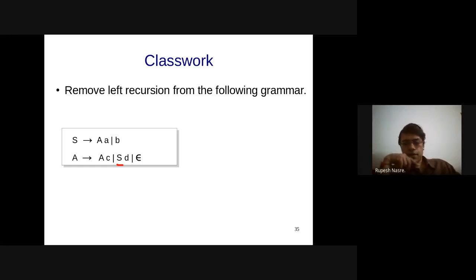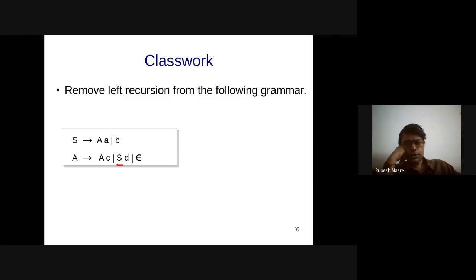S derives AA or B, A derives A1 or B AAD or epsilon, B AD A1. A1 derives epsilon or CA1. Okay.